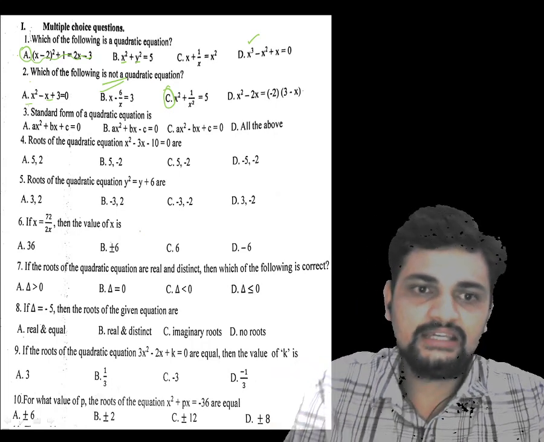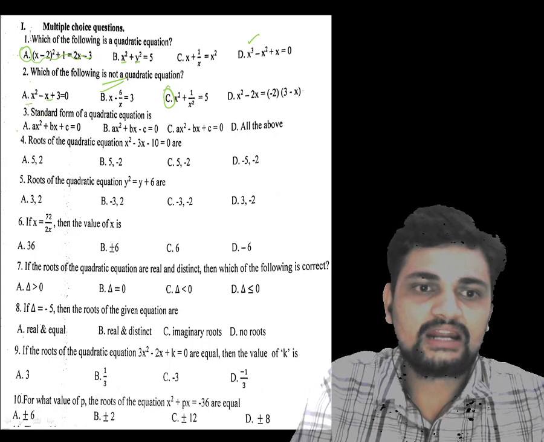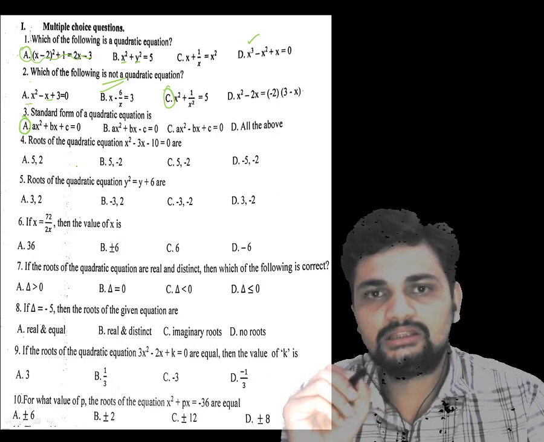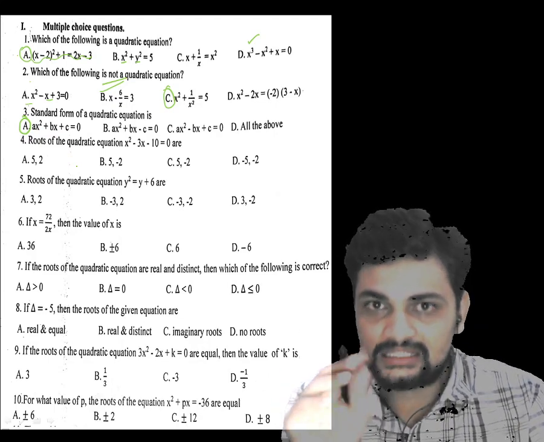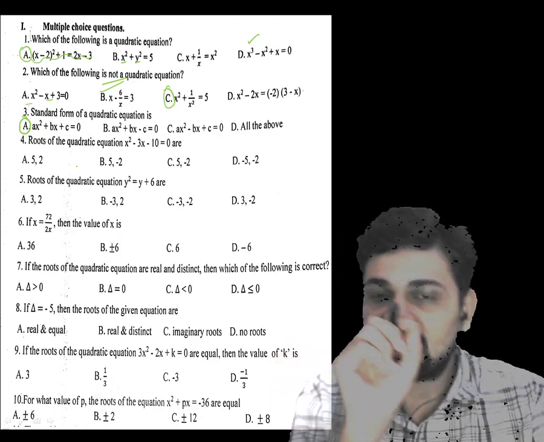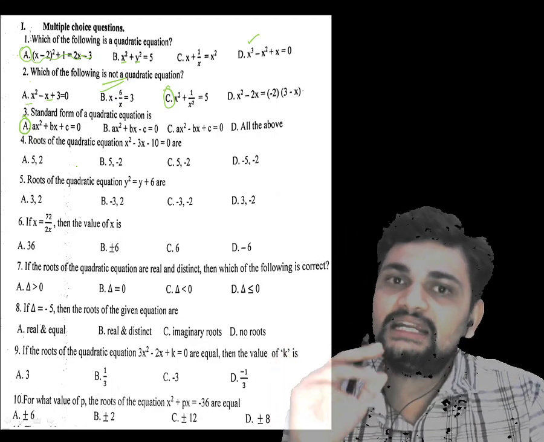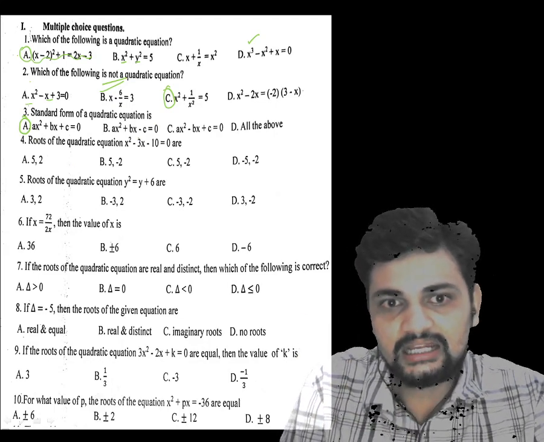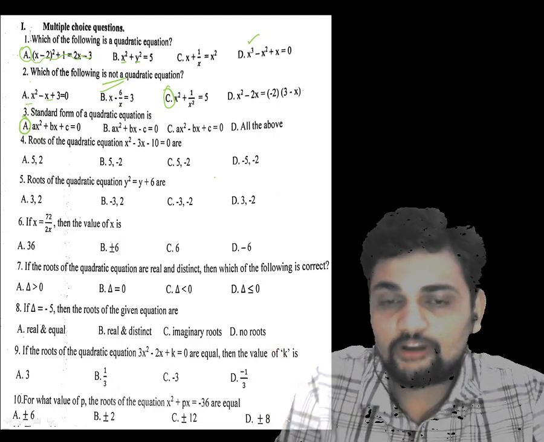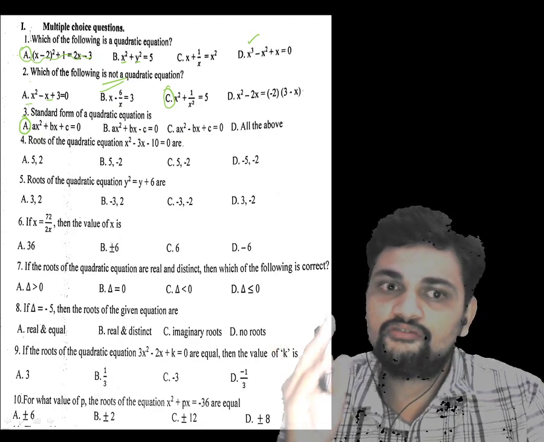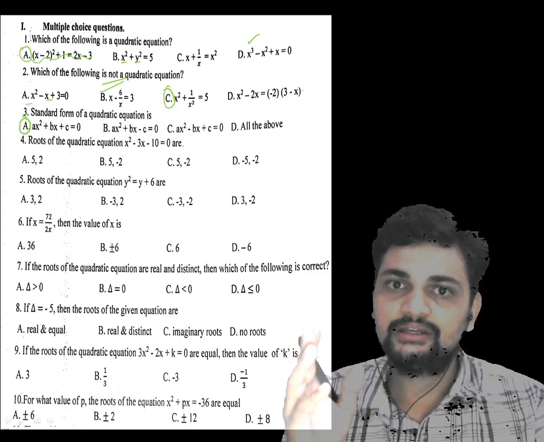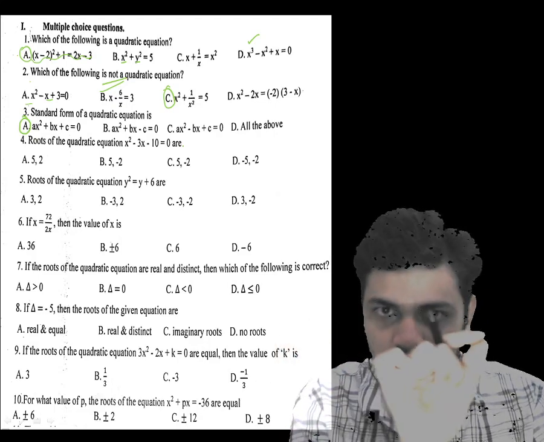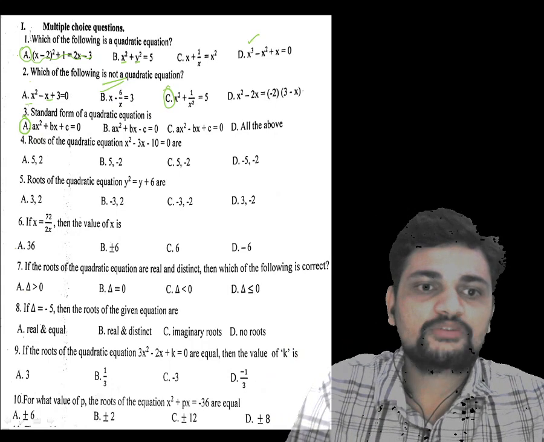Now moving to question number 3. This I have already discussed. The standard form of a quadratic equation is ax square plus bx plus c equals 0. See, in this type of question, if you know the answer directly, please search for the correct option. Because if you start reading all four options, there might be a tendency that you get into confusion. The problem here is, in option B we have a minus c, and in option C we have a minus bx. So if you don't know the general form firmly, you will definitely get into trouble. So if you know directly, then search for the correct option. So option A is correct here.